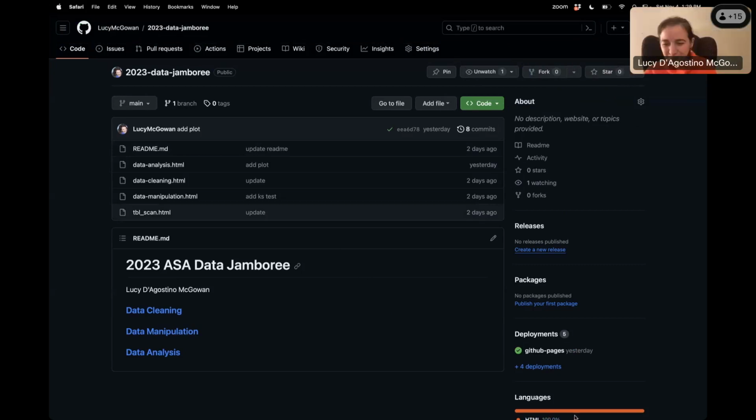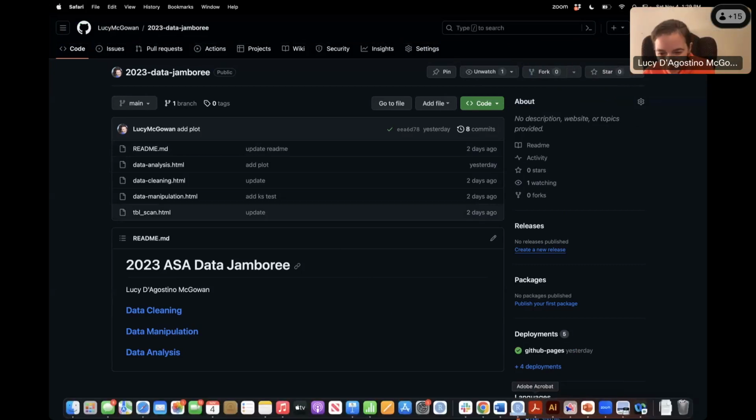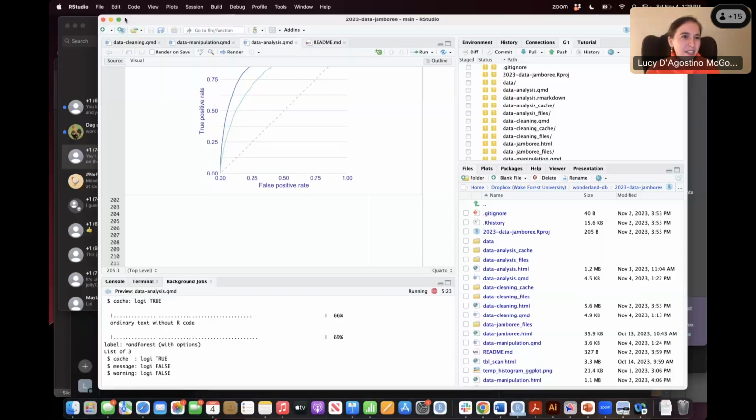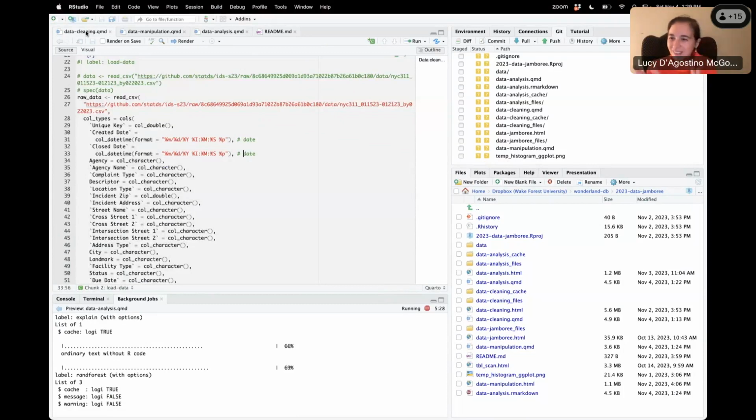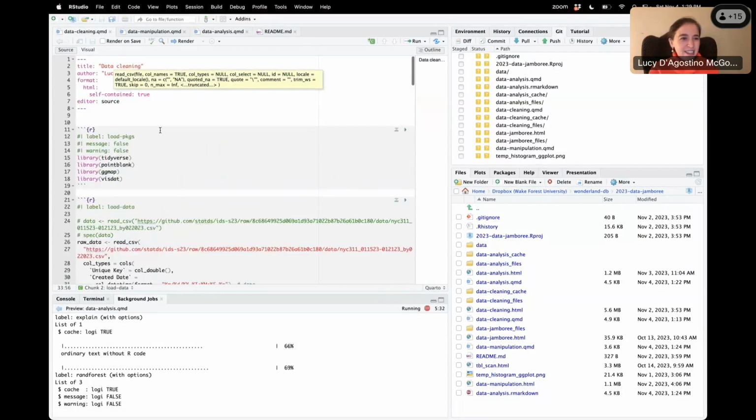Awesome. Great. So yes, I'm going to be doing the R version. I split it into three different notebooks for data cleaning, data manipulation, and data analysis. Some of this I'm going to walk through live because it's easier for me to slow down that way. For some of it, I'll just show you the code that took a little longer to run, along with the output.